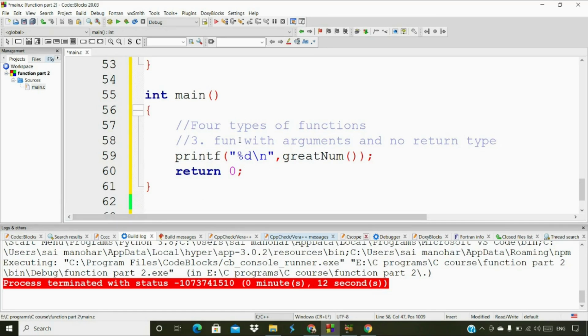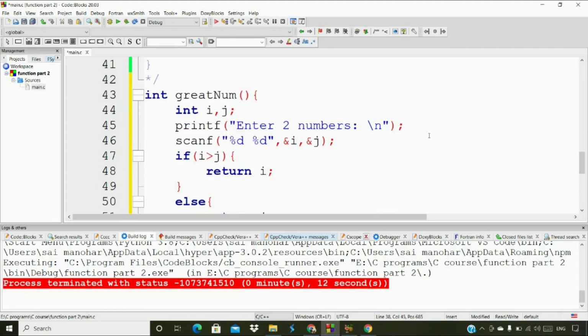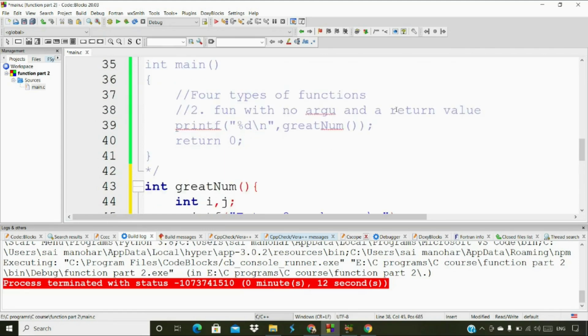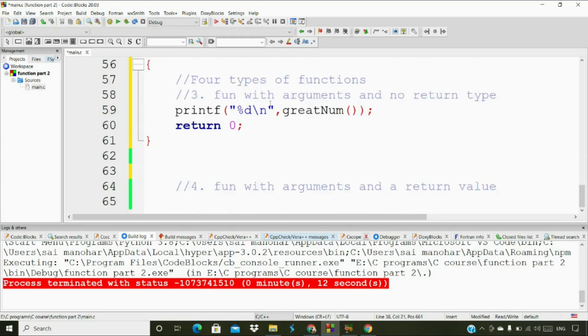So now we have function with arguments and no return type. When it comes to the second one, function with no arguments and a return value, it's going to change here. But when it comes to the third one, we have no return value, but we have arguments. So that's just changing one thing. So now we're going to explore the code here. With this particular code, now what I'm going to do here is